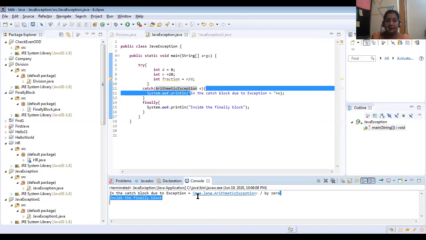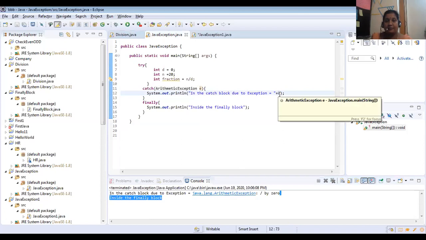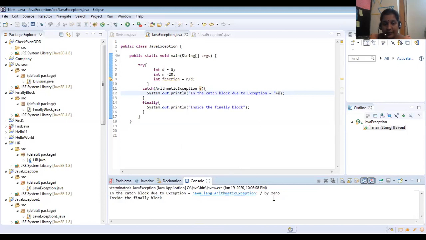How has it come? Because I have given this plus e. Plus e means this will print the message related to this arithmetic exception. That's why I told print stack trace. If you give this message along with your output, this message will be printed.